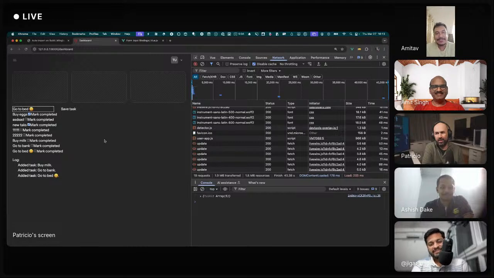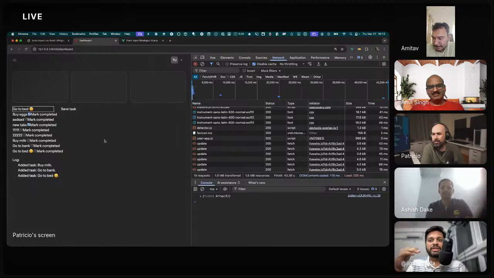I always missed that JavaScript fun inside Livewire. Alpine is there, but this is really next level. It's very interesting. I recollect Patricio mentioned that when the JavaScript logic becomes complex, he doesn't like writing too much Alpine JS.